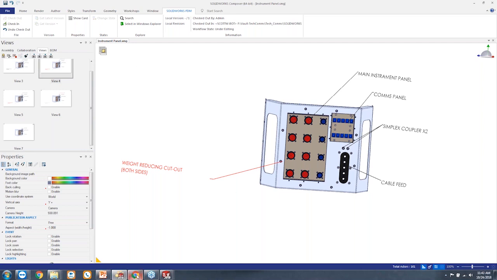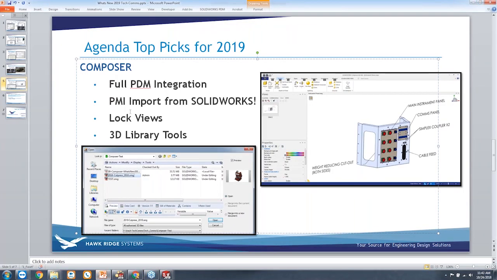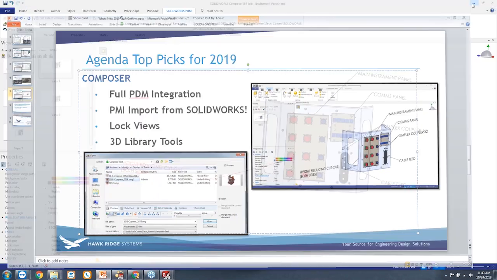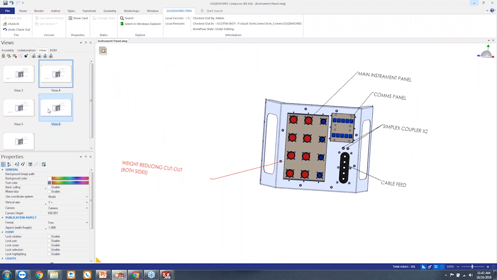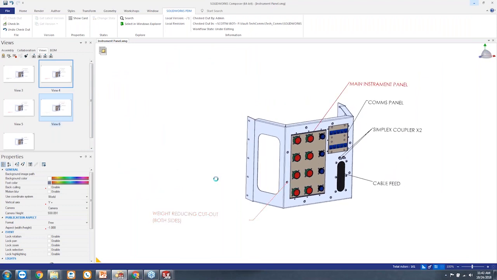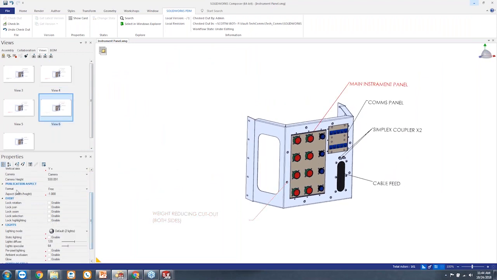Okay, yeah. Oh, I'm sorry. That's it for the first two. But let's talk about these two guys. So first, let's talk about locking views, and then we'll get into the 3D library tools here. Let me show this a couple of different ways. So I've always been able to, well, not always, but for the past couple of years, we've been able to